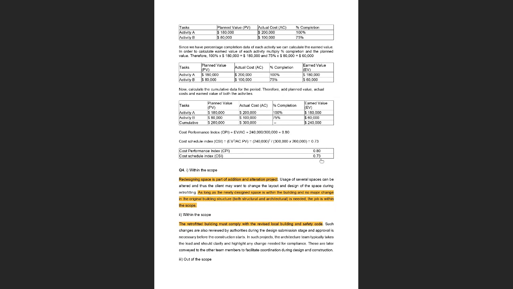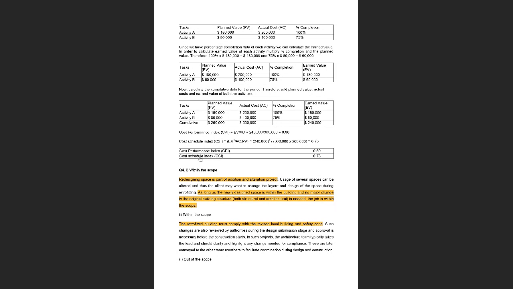So yeah, all indices should be more than one to be successful? Yes, Emiliano. If the index is more than one, that means the project is successful, or in other words, it is performing well in terms of whatever the index refers to. Say, for example, the cost performance index. If it is greater than one, that means the project is under budget, or we are spending less than what has been estimated. And similarly, if the schedule index is greater than one, that means we are